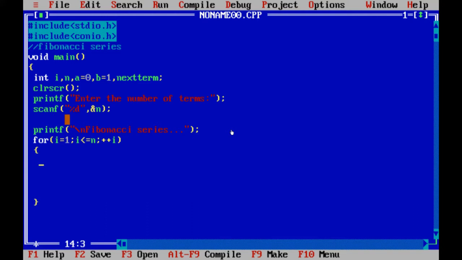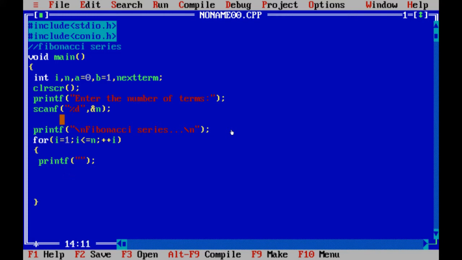Now we are using printf again to print our first value. Here I'm applying \n so that our next printf would start from a new, fresh line.